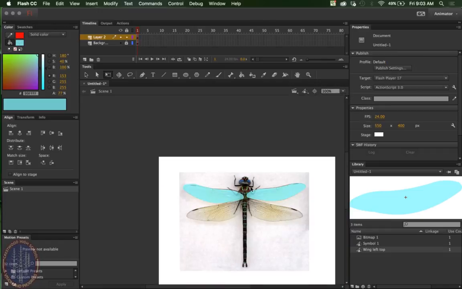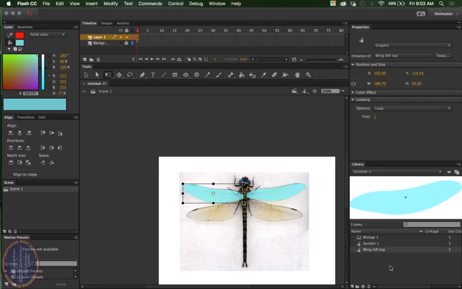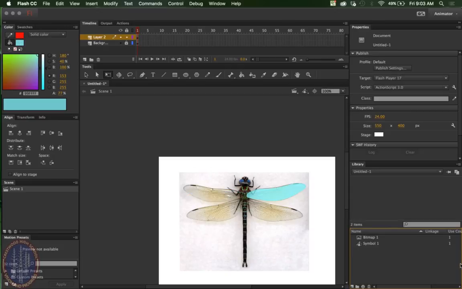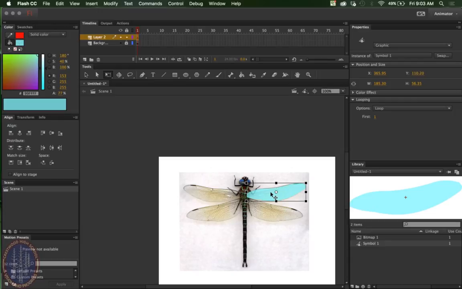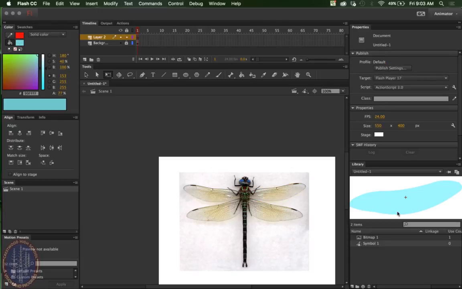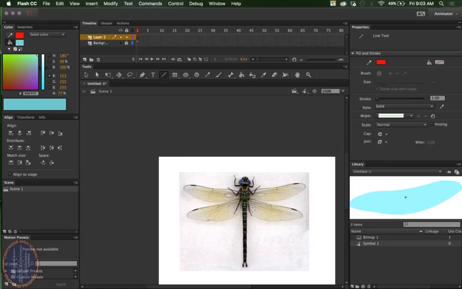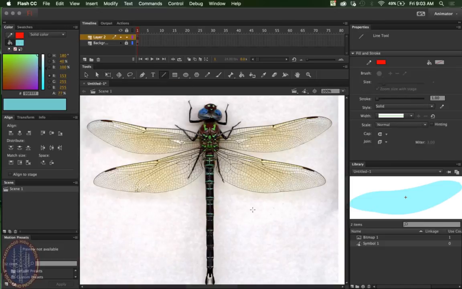So I now have these two components. But I don't really need to do that yet. I'm just keeping them separate. So I've got my symbol for wing, top wings if you want. I now need my bottom wing, so I can just delete that. You'll see in my library, the bottom wing's still there. Because I've already demonstrated that part, I'll just do the body and do a really quick